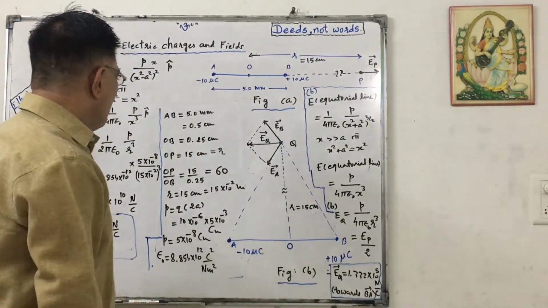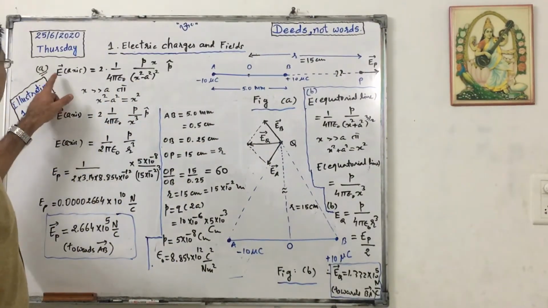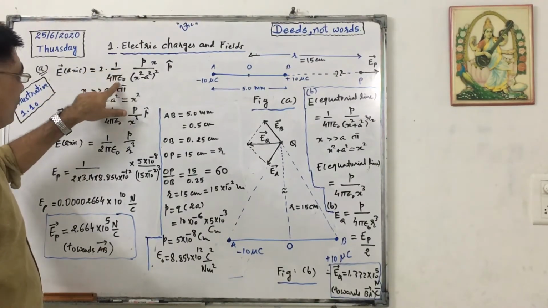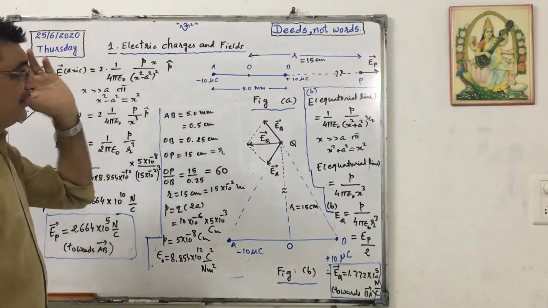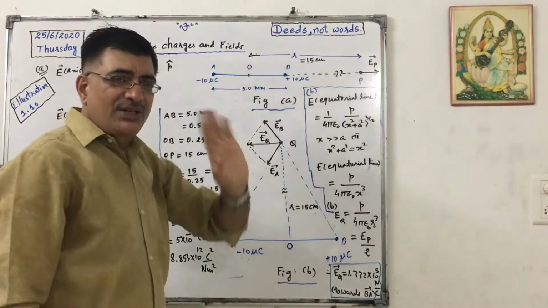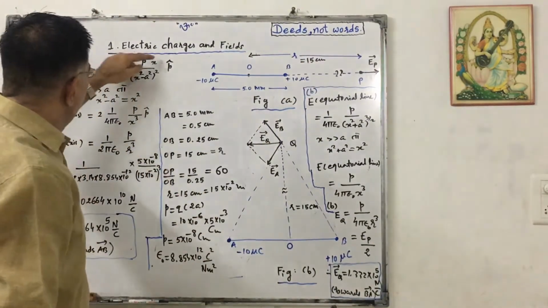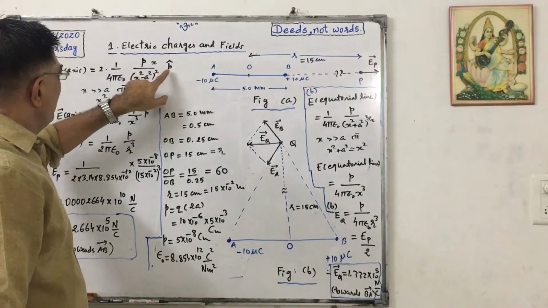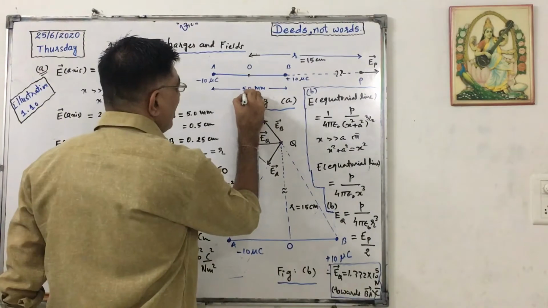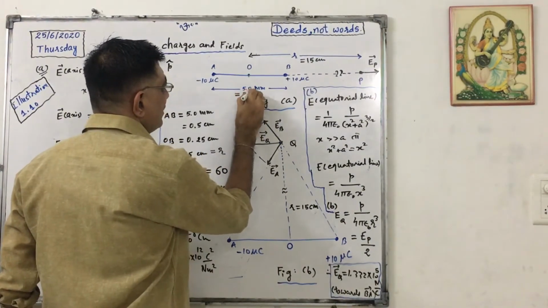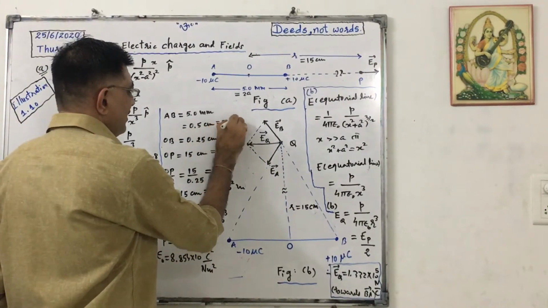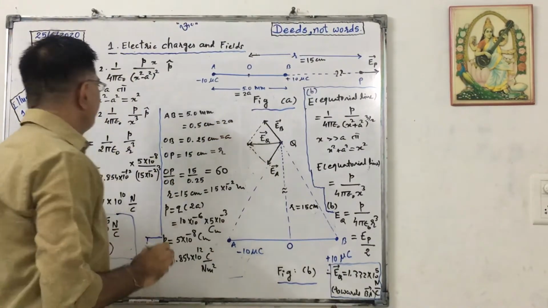In that case, we know that vector E on axis, the formula was 2 into 1 upon 4 pi epsilon naught into p x upon x square minus a square whole square, p cap. In theory, we can consider the distance as x, which is given here as r, but let us write it as x. Here x is much greater than a. This distance is 2a actually, and this distance is a.